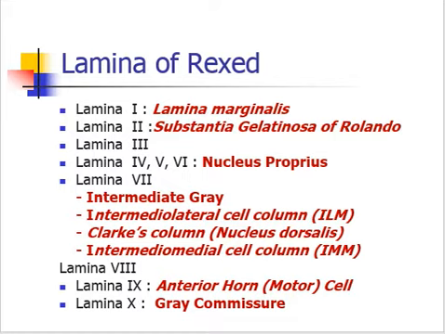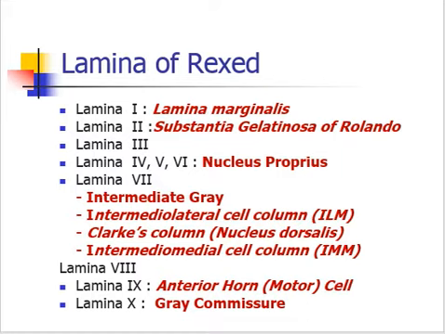The lateral gray horn contains only one lamina, the 7th lamina. It contains the intermediolateral nucleus. And what are the laminae present in the anterior gray horn? Laminae 8 and 9 form the anterior gray horn. These laminae contain the nuclei of the motor neurons, which are concerned with motor functions. For example, the 8th contains neurons also called interneurons,